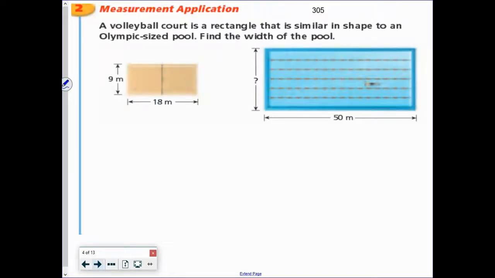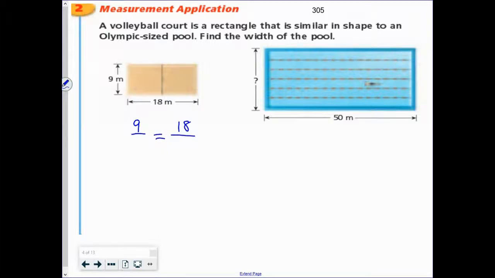Take a look at this comparison of an Olympic-sized pool with a rectangular volleyball court. Well, it's saying they're two similar figures. So this is actually easier than the triangles because there's only two sides on a rectangle. You have 9 and 18, 9 being the smallest and 18 being the largest. So since we put the first figure on top, I'm going to put 9 on top and 18 on top